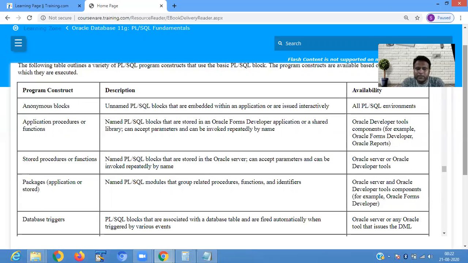Next is the database trigger. These are PL/SQL blocks that are associated with a database table and are fired automatically when triggered by various events, from the Oracle server or any Oracle tool that issues the DML statement.